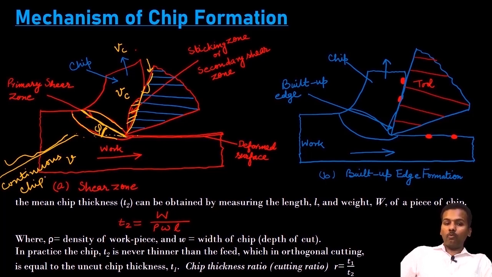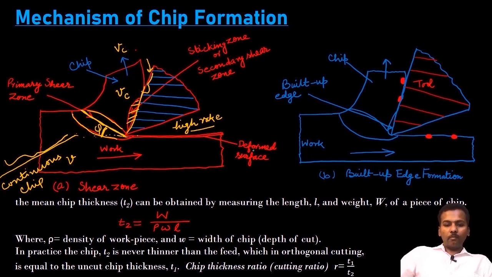The more ductile the material, the longer the chip will be, and with more machinable material there is also formation of the continuous chip. Now, if the ductile material is there, what happens if we take the feed? Suppose that the feed given is higher, and a high speed. In this case the continuous chip will be formulated at a high rake angle.